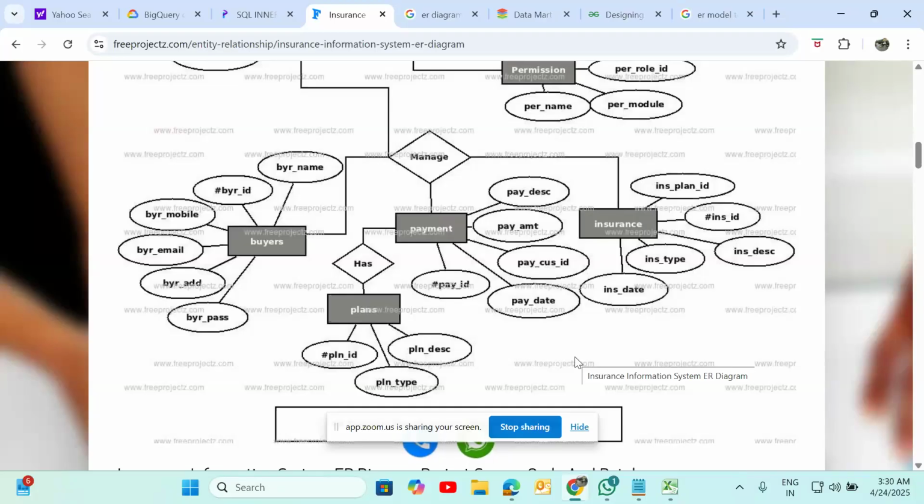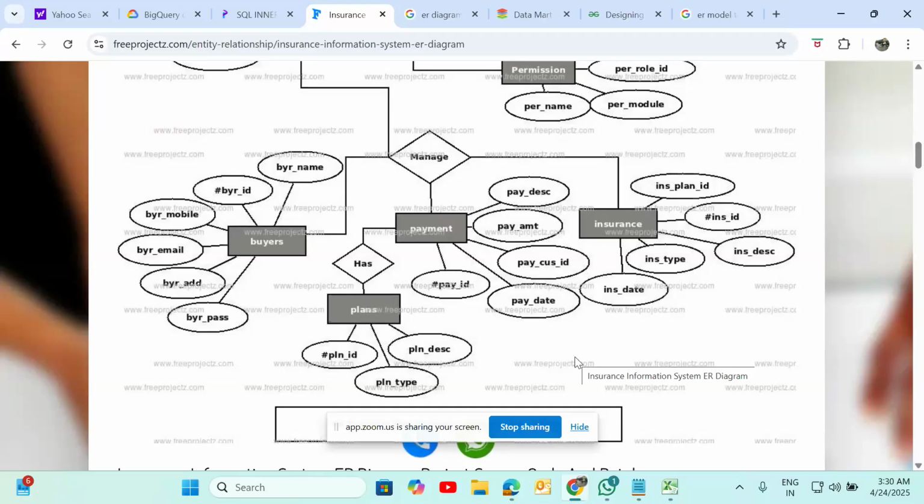What is a data mart again? Actually, payment is my numerical value. The payments are summary information that I can put as a payment table in the fact table. Facts contain numerical values. Apart from that, we can provide the customer details, insurance details, plans details: buyers dimension, plans dimension, insurance dimension, right?